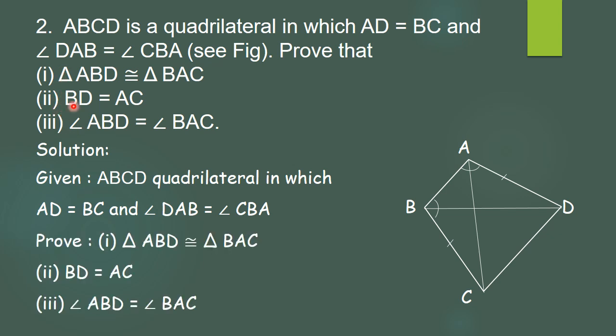So we'll write all three parts, whenever they ask to prove three. Now in these three parts, if you observe, first we have to prove the triangles congruent, and then BD is the second and third is here, also second and third, AC. So they become the corresponding parts of the congruent triangles ABD and BAC. So it is the same. If I prove these triangles congruent directly, then by CPCT we will get these two results as well. So what is important is to prove this. Now we will start with the proof.